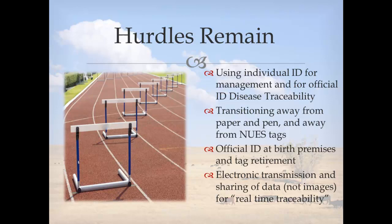Transitioning away from paper and pen and metal tags, I think I'm very pleased with what Jack Shear had to say today, about 2019. At least they wouldn't give the metal tags away. They're a liability. They're cheap on the front side. They're 7 cents, and that was part of the pillar of traceability that Secretary Vilsack had, but they're expensive on the backside. If you want to read information in daily business and markets and such, and scraping manure off of a tag to try to read an illegible number that we transcribe incorrectly 5% of the time. So that's not where the future is. In time and in collaboration with producers, if official ID is required, either at the birthplace or at the first point of movement and tag retirement, would that help animal disease traceability? I think there's no question. And the last point here,